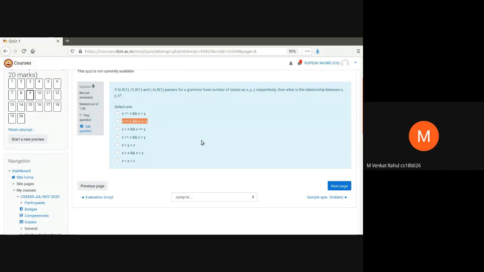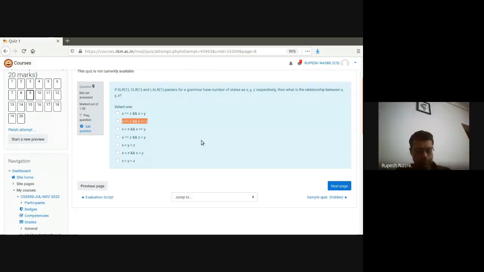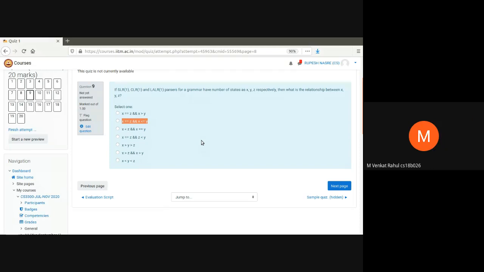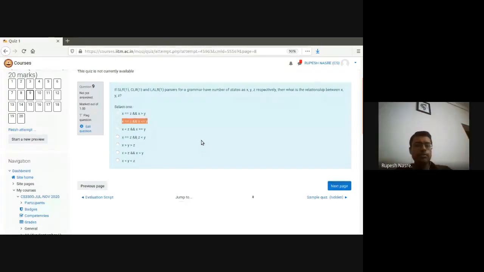Sir, but when we are merging the states in LALR, if there is some conflict and we don't merge, then it doesn't necessarily mean that the number of states will be equal to SLR1, right? That is correct. But then we are not looking at whether it is creating a conflict or not in LALR. As far as LALR theory says, it just says don't look at the lookahead, merge the states which have the same kind of items. So that is the theory. And there, if there is a conflict occurring, then we say that the grammar is not LALR1. That's it. Okay, sir. Any other concerns here?